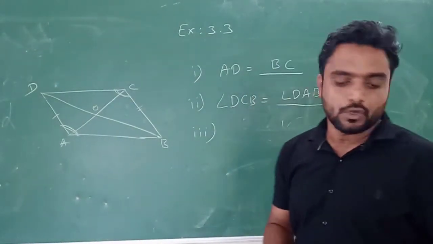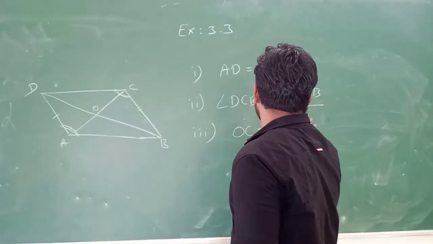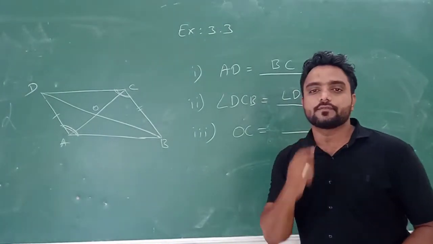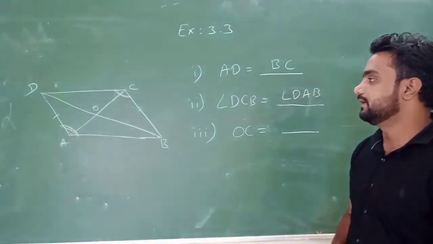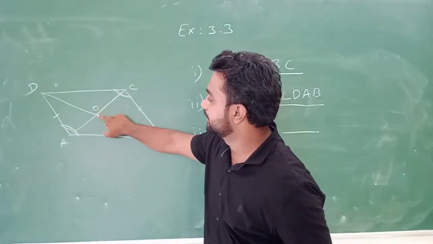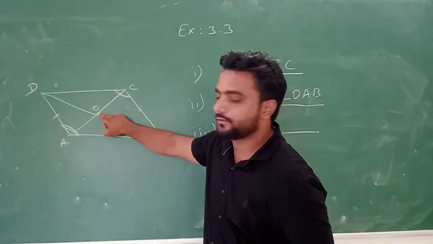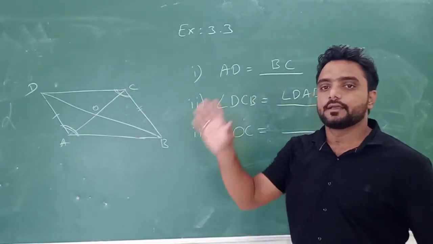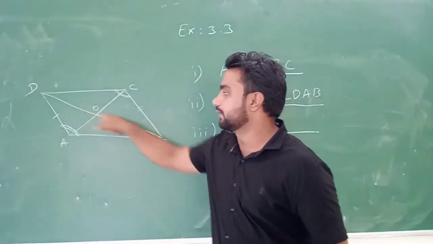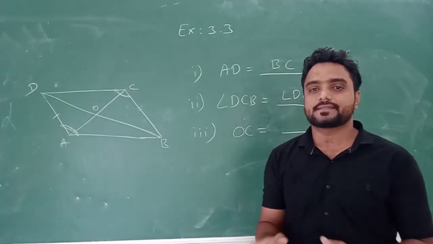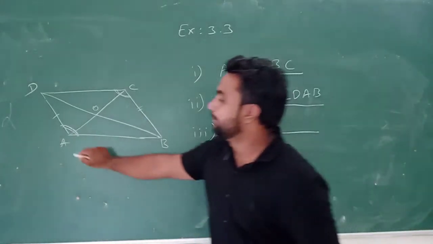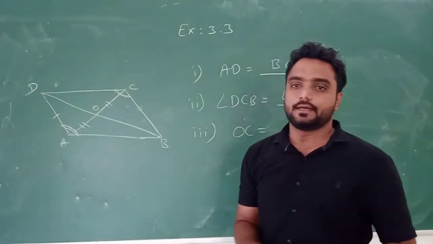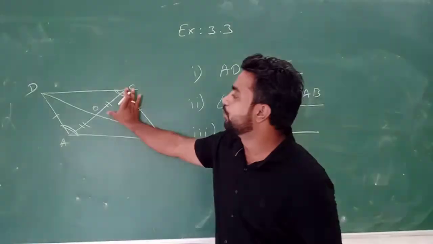What is given to you? OC is equal to blank. So we will check on the basis of the properties of a parallelogram. So OC, here it is O and C. This one means half of the diagonal. According to the bisect property of a diagonal, I have already explained to you that both diagonals will bisect each other. What does bisect mean? It will divide into equal parts. Means AC will be divided into two equal parts. Which ones? OC and OA. Understand or not? So according to that, OC and OA both